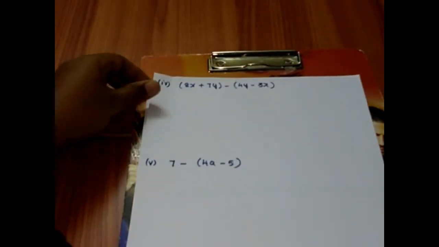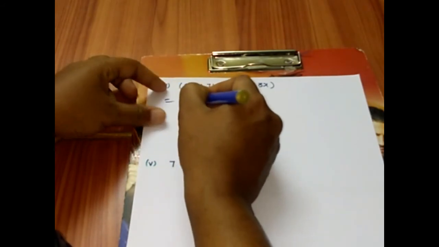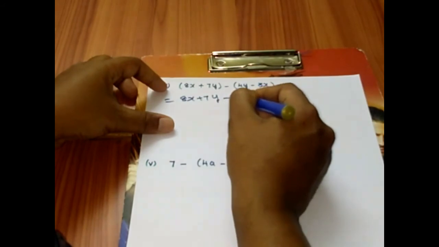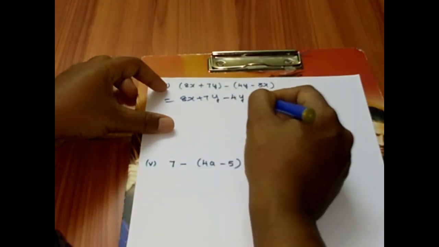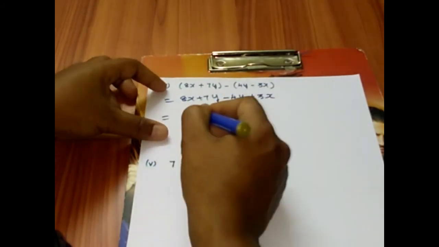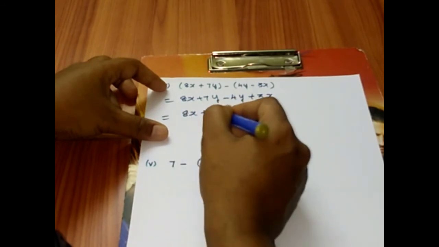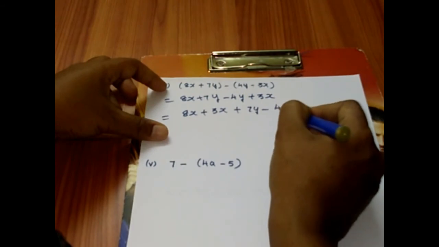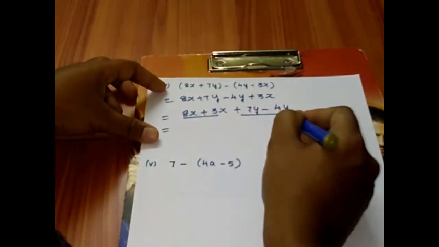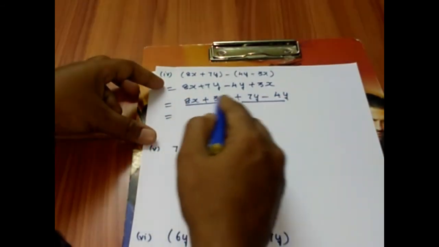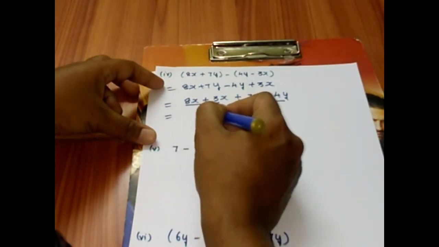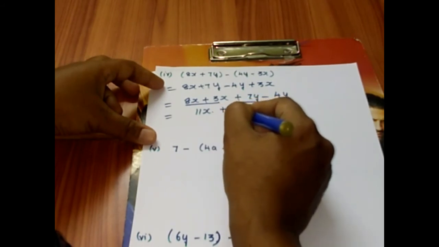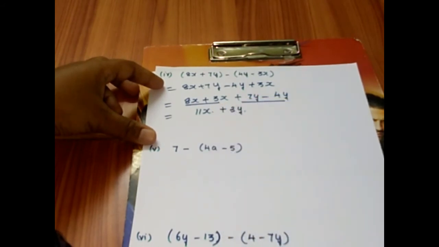8x plus 7y, keep as it is. Open the bracket, children. Minus 4y, so minus 3x will become plus 3x. The only point to be noted in this main is how to open the bracket. The remaining things are as it is. Group the like terms and do the simplification. Both are plus, so I'll add and write the plus sign. One plus, one minus, I'll subtract, and the greater number is 7, so let me carry the plus sign.